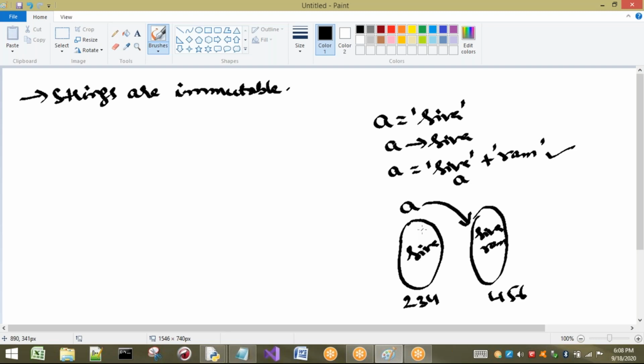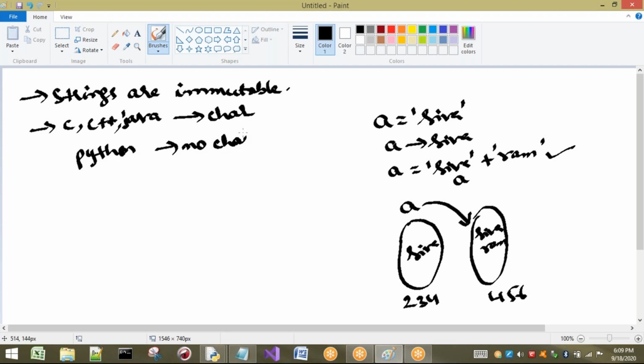The next point I have to discuss is, if you consider other programming languages like C, C++ and Java, there we have a data type called char. That means to represent a single character, we have the char data type in C, C++ and Java. But in Python, there is no char data type. Now you may get a doubt: sir, how do we represent a character then?